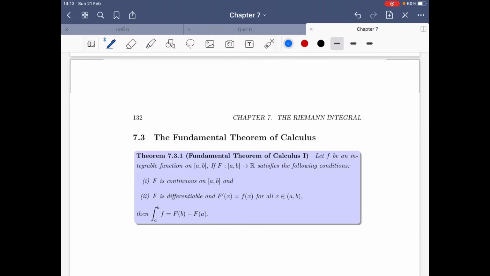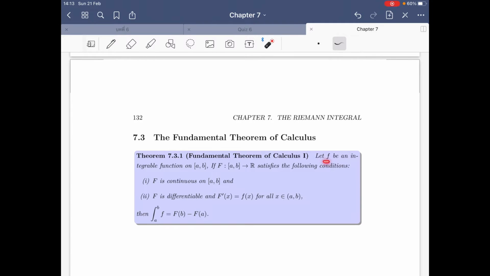Hello everybody, this is the video clip for chapter 7, and this one is in section 7.3, which is one of the most important theorems in this course. This one is called the fundamental theorem of calculus. It is saying that